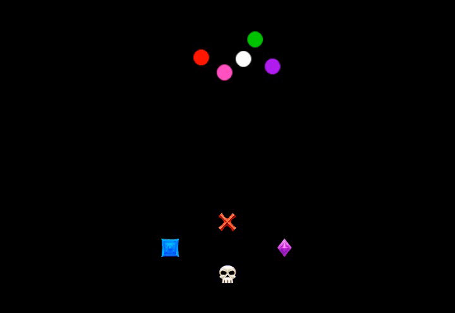Now, the color coordination should be familiar to you. The pink is the tank pally, the red is the death knight, the green is the hunter, the white is the shadow priest, or the healing priest, and yeah. Anyway,